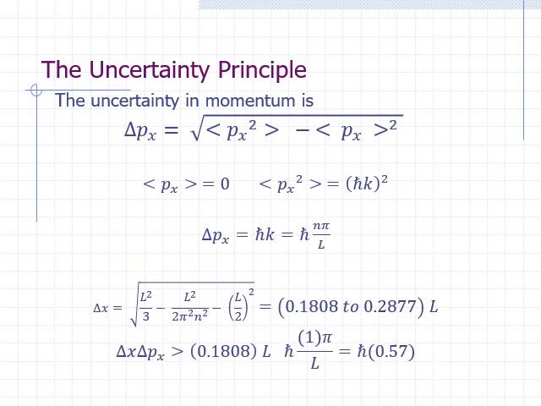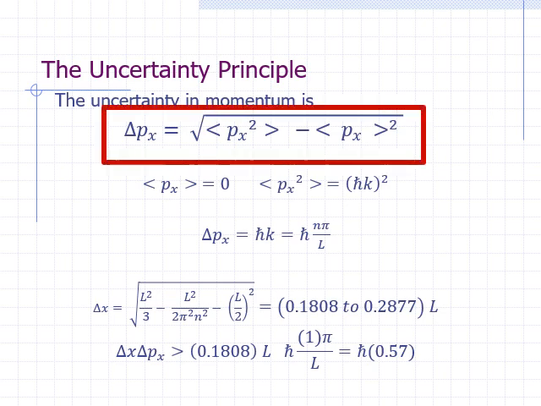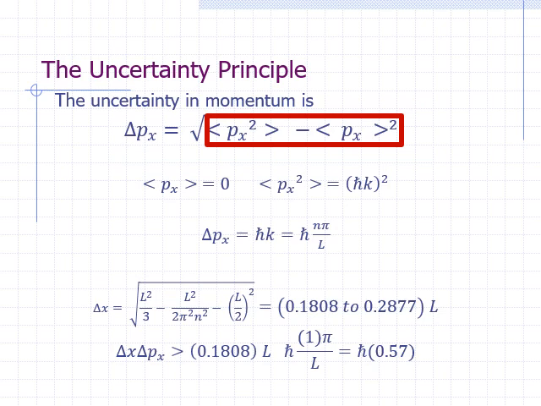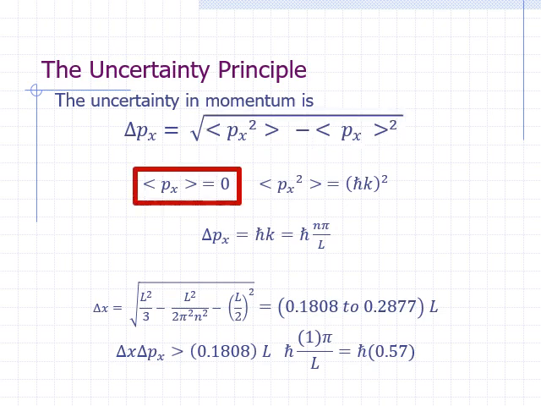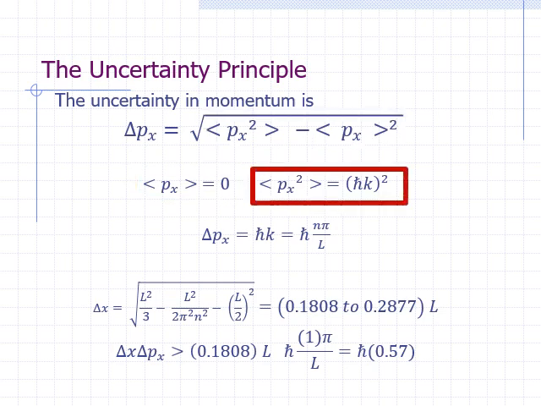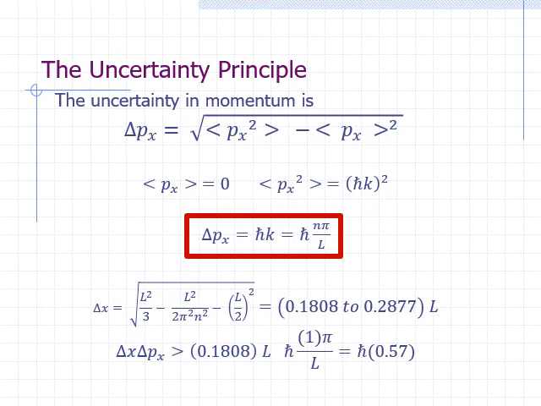The uncertainty in the momentum expressed as standard deviation is just the square root of the variance. The variance is the difference between the expectation value of p sub x squared and the square of the expectation value of p sub x. Earlier we saw that the expectation value of p sub x is 0, and the expectation value of p sub x squared is the square of h bar k. This means that delta p sub x is just equal to h bar k, or h bar times n pi